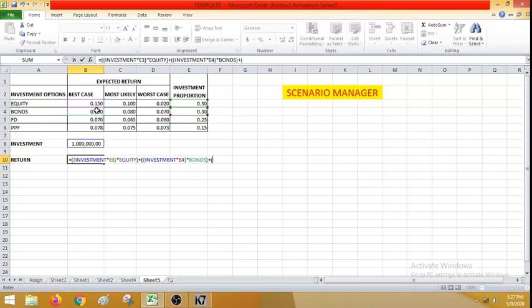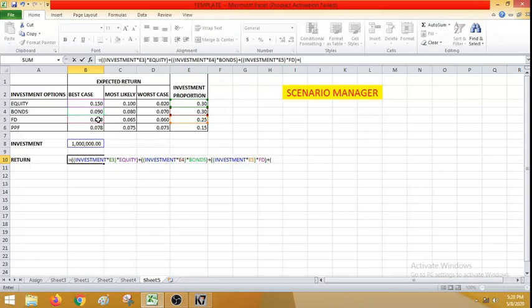Plus, now it is going to be for FD, right? Similarly, what is going to be our investment? So we have 10 lakhs in our hand, multiplied by the corresponding return. The corresponding proportion is 0.25, and the return is going to be 7%, right? Plus, so I have completed for FD.